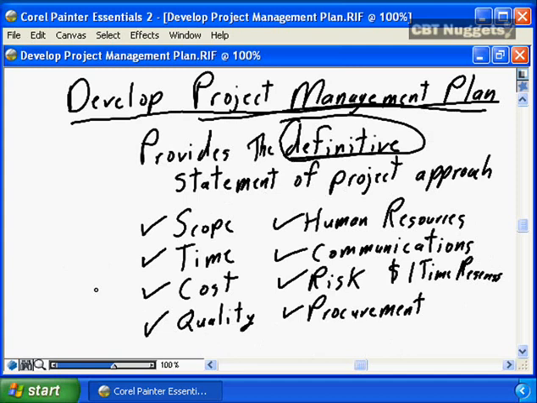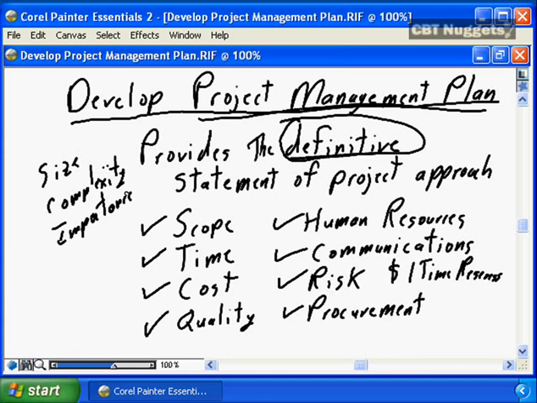How detailed, how comprehensive the project management plan is going to be is dictated by the size, the complexity, the importance of the project. Smaller sized projects may have a 5-page project management plan. Larger projects may have a 25-page project management plan.